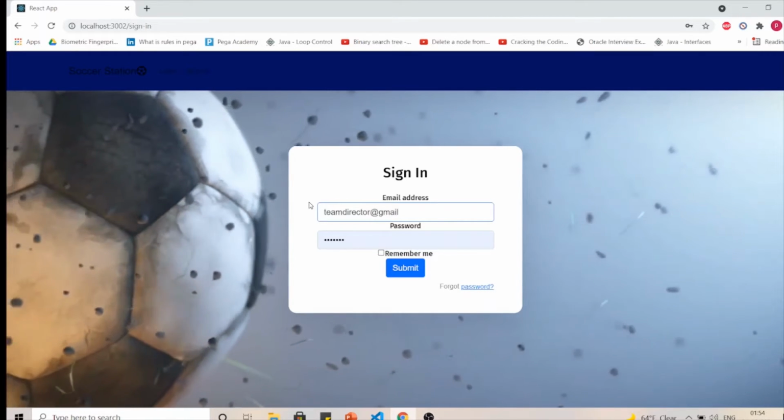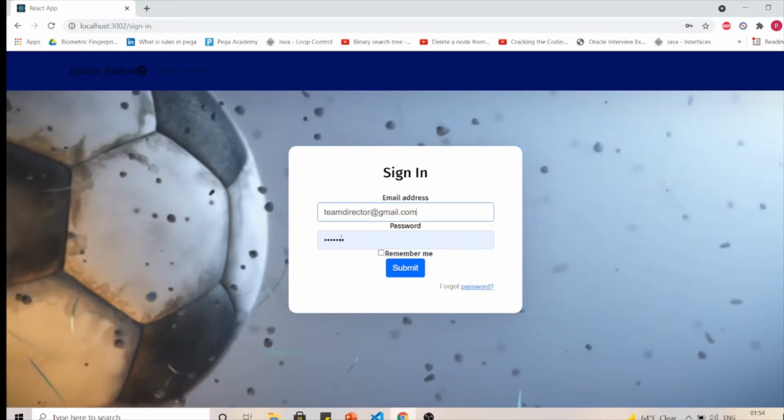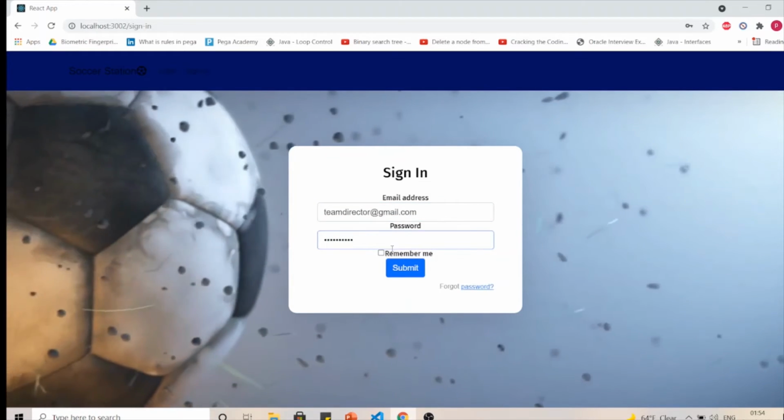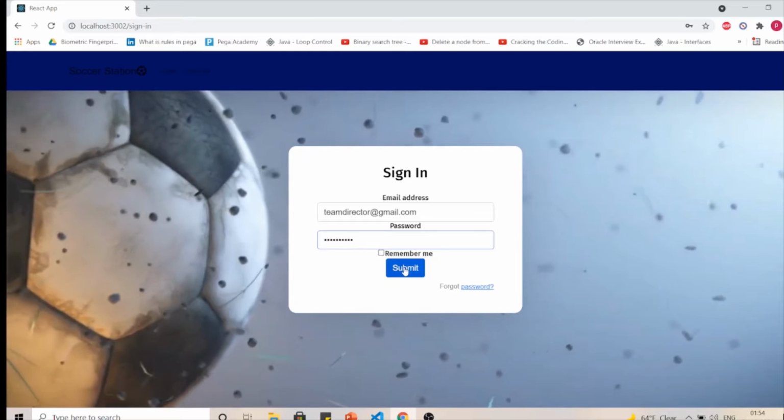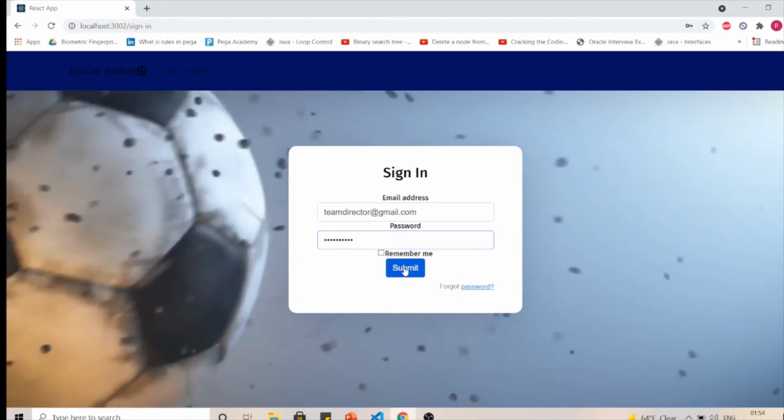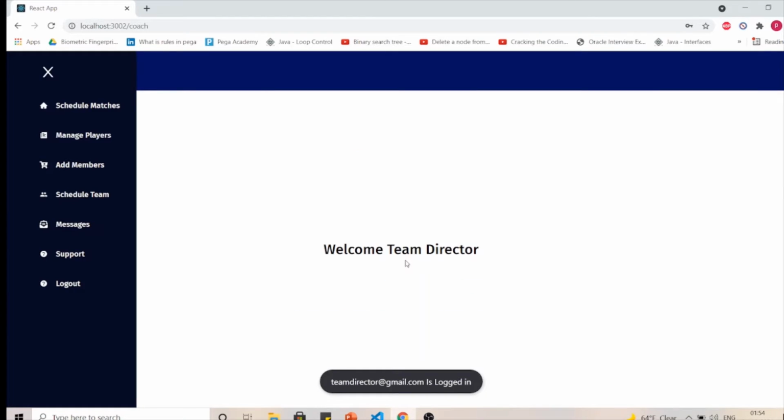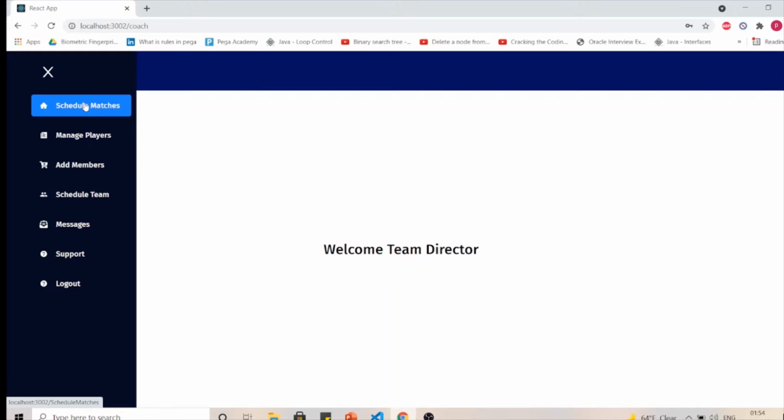So he will be logging in, and once the team director is logged in, he will automatically be taken to the team director landing page based on his role.